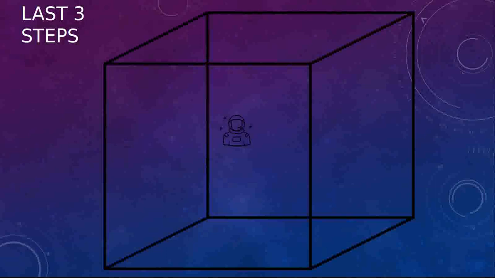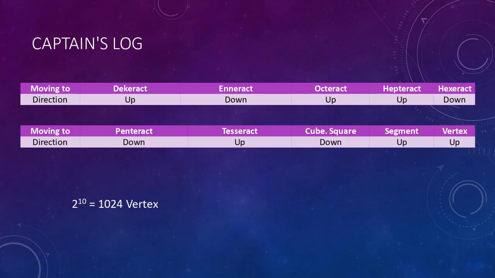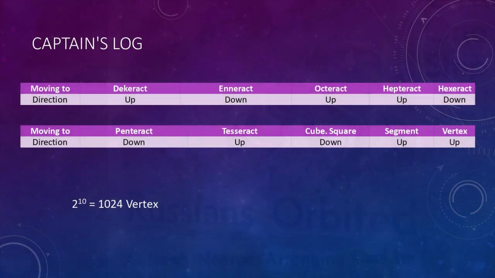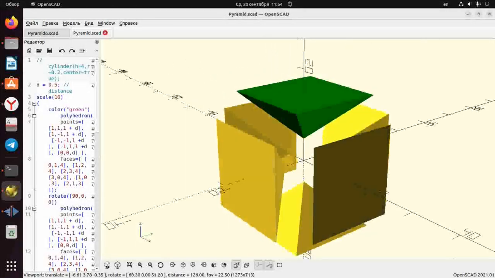In the last three steps we, as three-dimensional beings, could see the sudden appearance of Fyodor in the center of a three-dimensional cube from the four-dimensional space invisible to us, followed by a jump to the center of the wall, ceiling or floor, at the discretion of Fyodor, after which, from a two-dimensional square, a jump to the center of the edge and, finally, the last step, arrival at the vertex. Analyzing the two-dimensional and three-dimensional cases and generalizing the result to the n-dimensional case, it is easy to calculate the length of the path by Pythagoras' theorem, as the square root of the scalar product of the vector with itself.